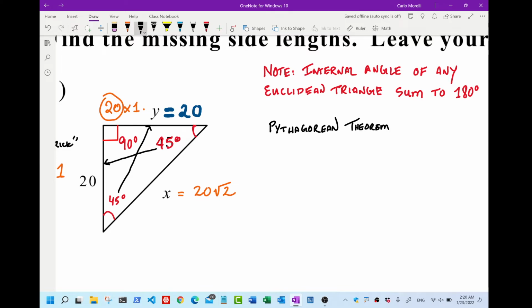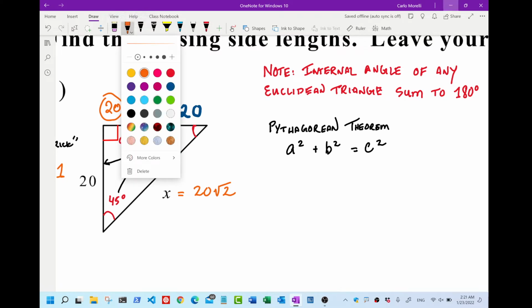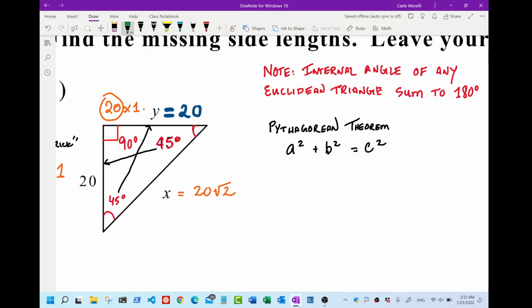The Pythagorean theorem, I know most people are going to say a squared plus b squared equals c squared. Okay, like this. That's fine for what you've known so far, but what is a squared, what is b squared, and what is c squared, and why do we care? You're like, short answer is, I don't care. Like, okay. But these are the